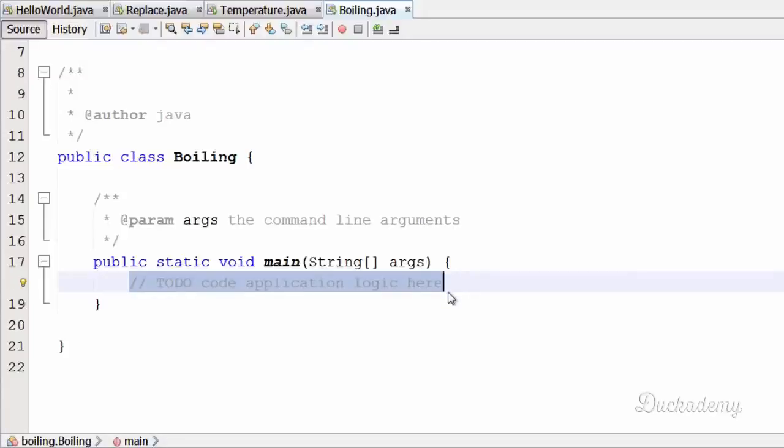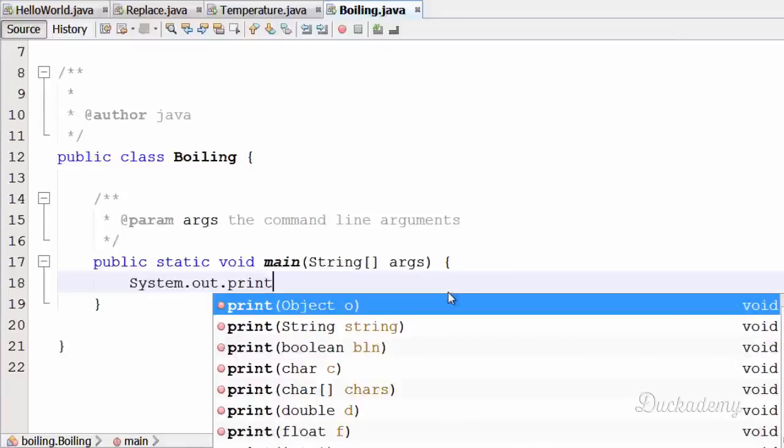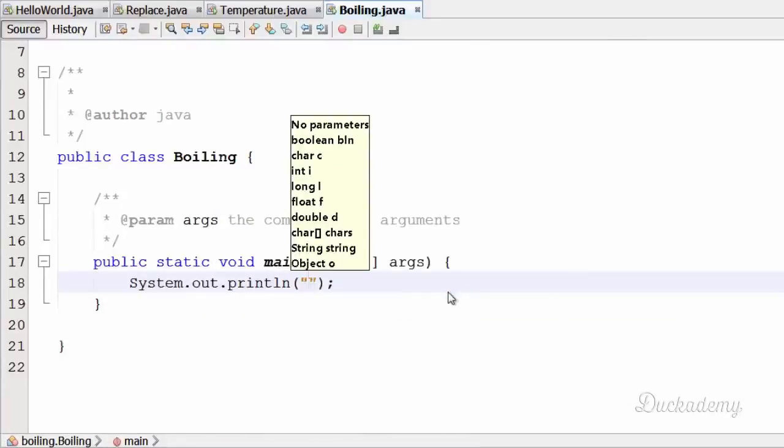Okay, so first of all, we have to read in a number, which is a temperature value. So it's very similar to the previous exercise. So first of all, we print out something for the user, give in the temperature,